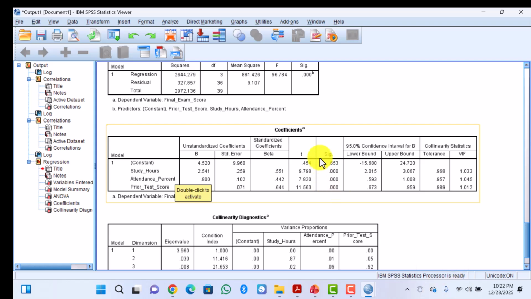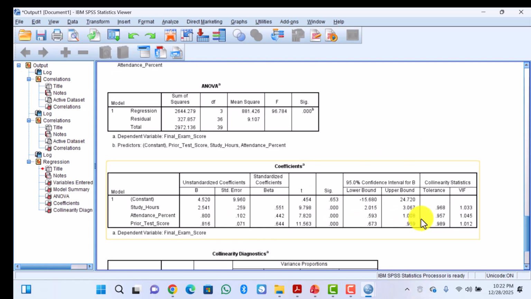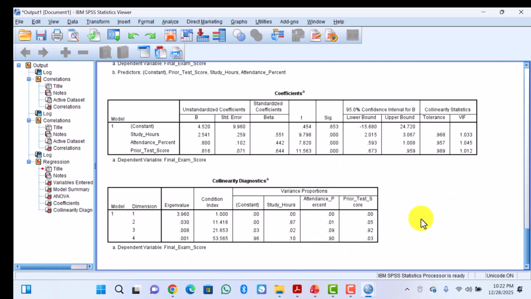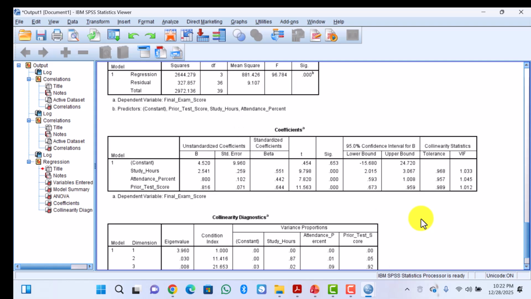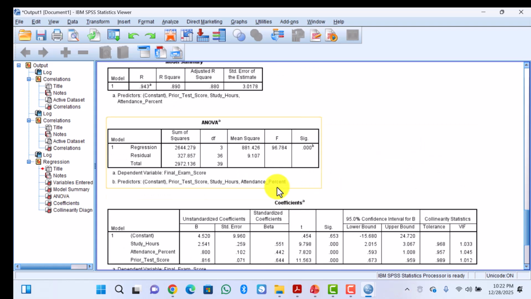All the three actually have a beta weight that is significant. And the prior test score has the highest beta weight. So what we can say now is that this is a perfect model and it is accounting for 88% of the scores of learners